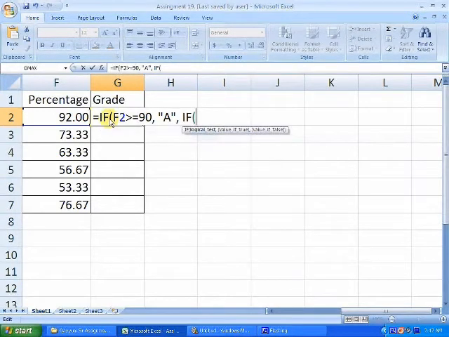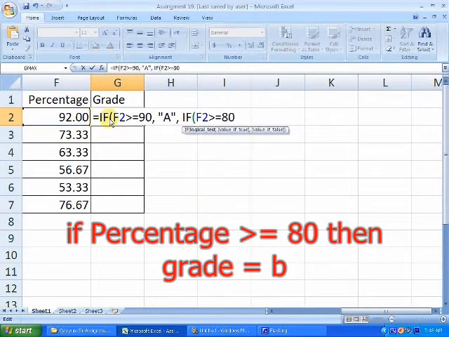Once again, opening bracket, the same F2 is the cell address containing the percentage, greater than or equal to 80, then put a comma, then what will be the grade?